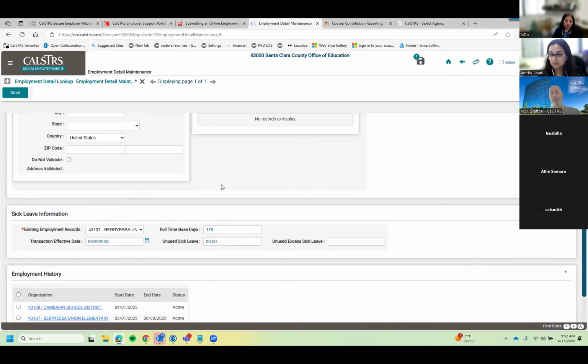So what's going on here is you could submit a termination no matter what, right? Anytime you want. Sick leave information cannot be submitted until the retirement application is on file. And that's the workflow thing that I was talking about. We don't have workflow enabled, so I'm not able to simulate a retirement application in accepted status to actually submit the sick leave, but